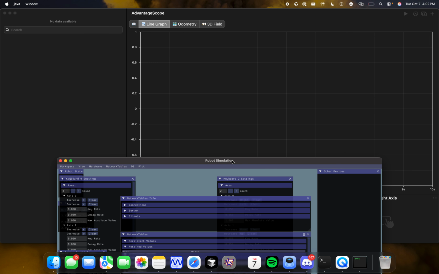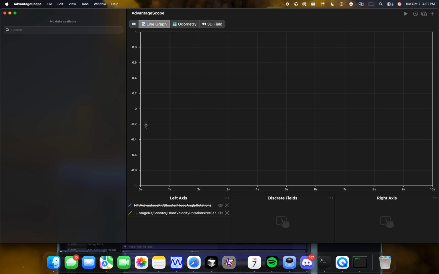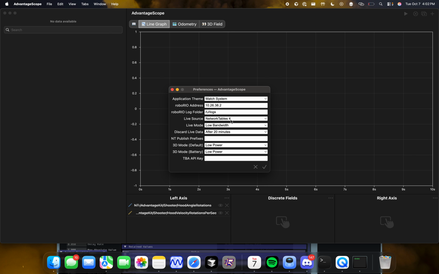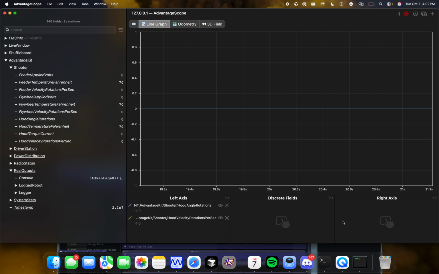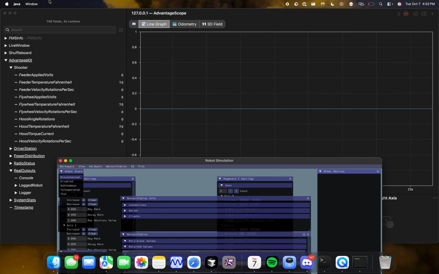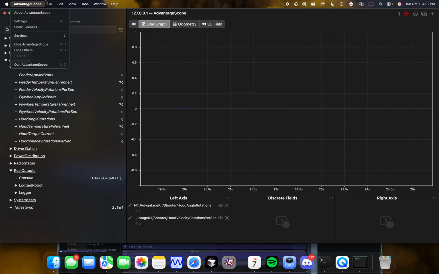And you're just gonna hit OK over here. The GUI is gonna pop up, and what you first need to do is make sure that you have this IP set. Once you've done this once, you don't need to do it again, but if you cannot connect properly, make sure that you have the real address set properly. You can connect to the robot using the Command-Shift-K or Control-Shift-K shortcut, or you can go to the drop-down and